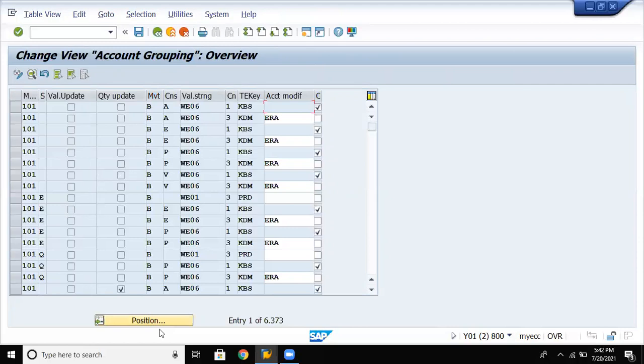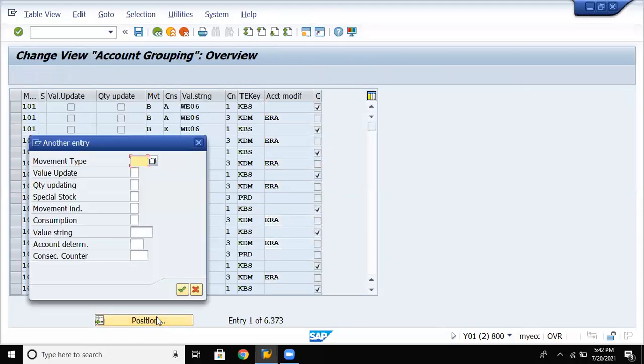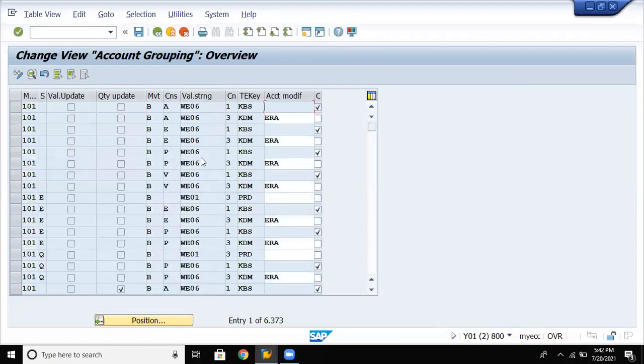So the account grouping for your particular movement type, we can go with 101. So already we can see for 101 we have assigned many account modifiers, quantity update. It will be by default. Go back.